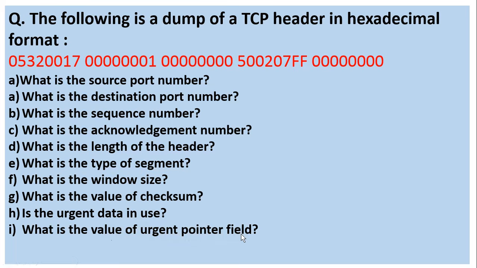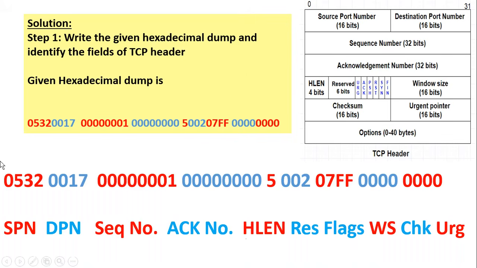So to solve such kind of examples, you should have a clear understanding of the TCP header. The TCP header is a fixed 20 bytes. Options are 0 to 40 bytes, so with options the TCP header can be extended up to 60 bytes. The TCP header includes source port number and destination port number, each of 2 bytes, that is 16 bits. Sequence number is 32 bits. The minimum sequence number can be 0 and the maximum it can be is 2 raised to 31 minus 1. When all sequence numbers are consumed, the sequence number wraps back to 0.